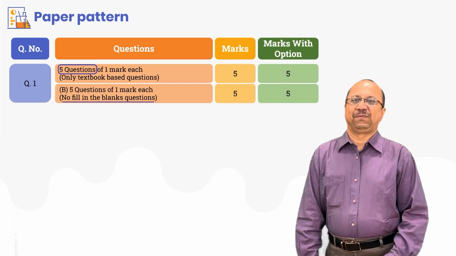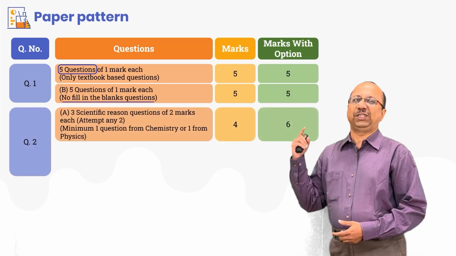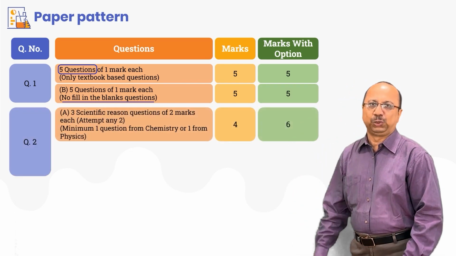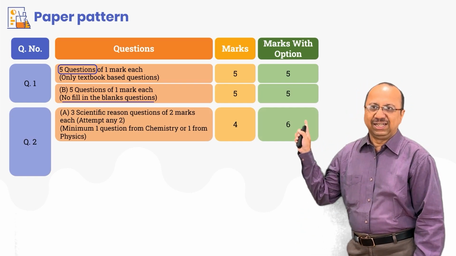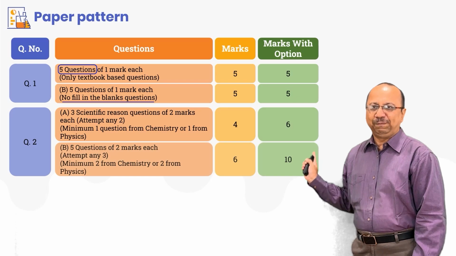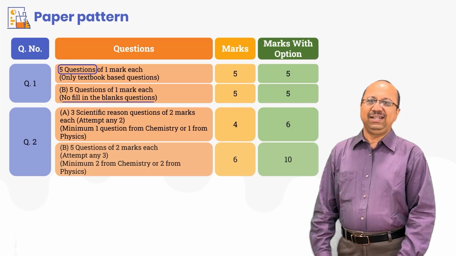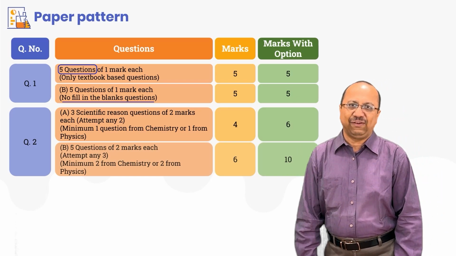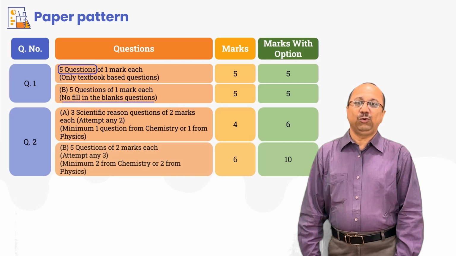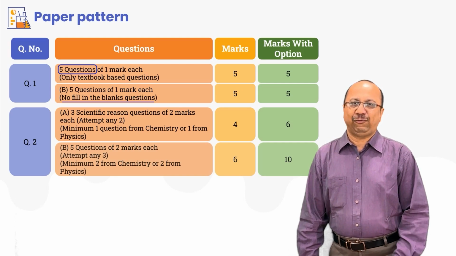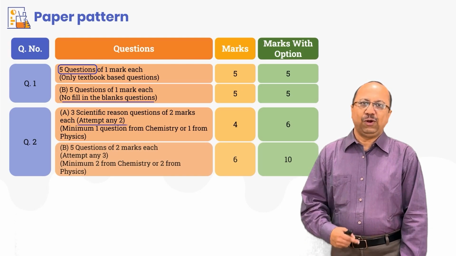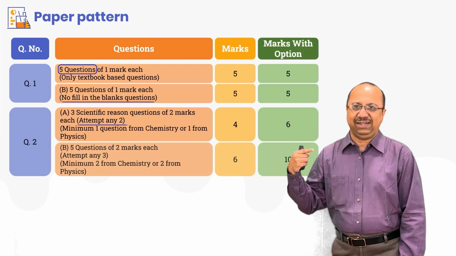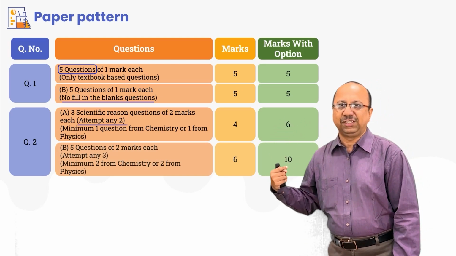Proceeding further, like question 1, even question 2 will be bifurcated into 2 subparts. One is question 2A, which is give reason, and the other is question 2B, which is attempt any 3 out of 5. Now, question 2A, if I have to speak, you have to attempt 2 questions and both of them are the give reasons. You are going to get 3 questions in that,